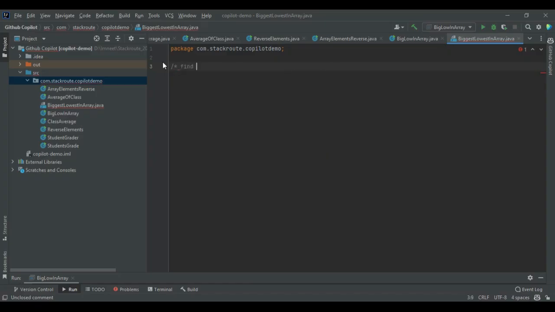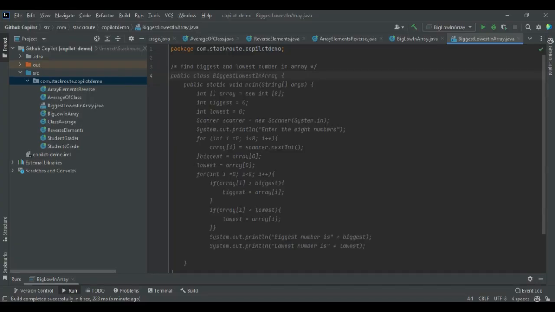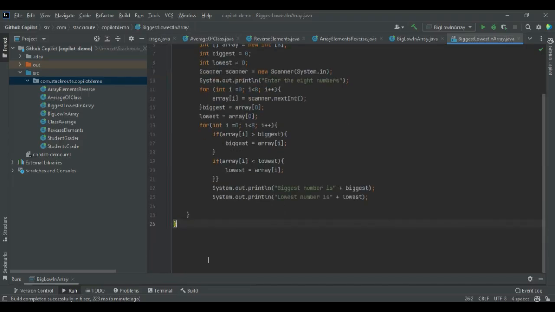Find biggest and lowest number in array. It has suggested me this. I'm okay with accepting it. I'll click on enter, and yes, if I'm okay with the solution, I'll click on tab to accept it,